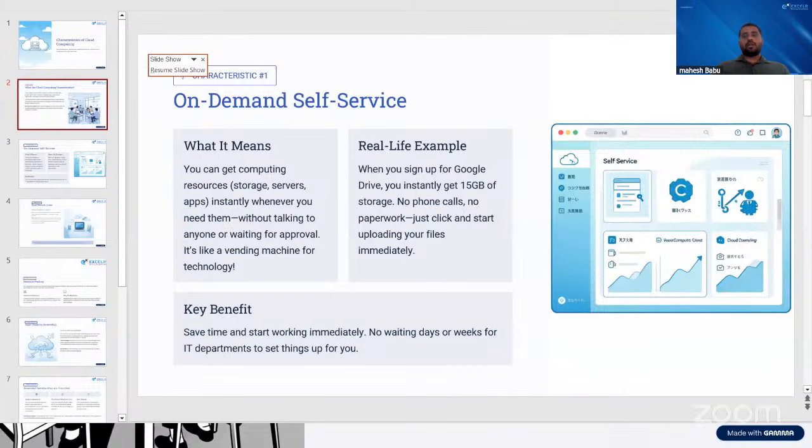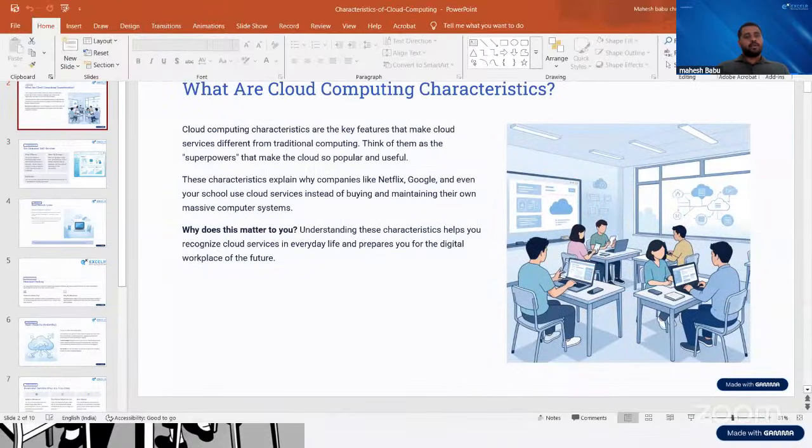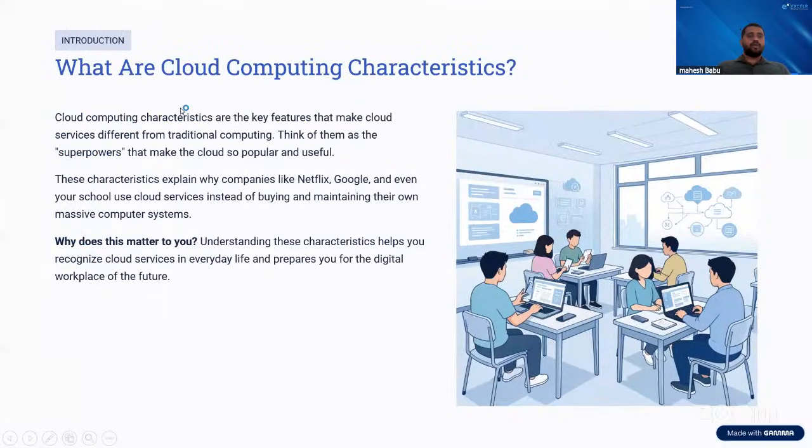So participants, what are the cloud computing characteristics? Why are they important? Because these particular characteristics define what exactly the cloud is. Why are Netflix and Google using these things? We have to understand that as well.